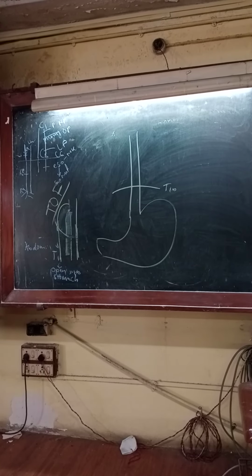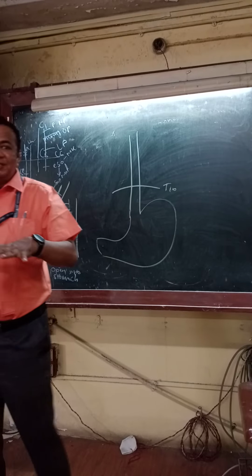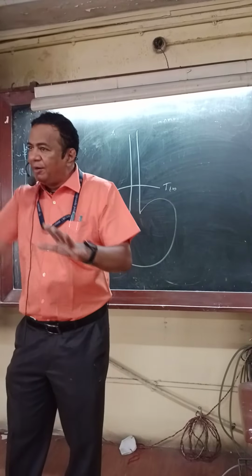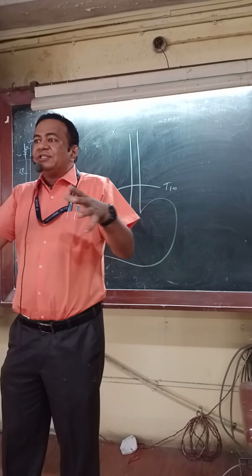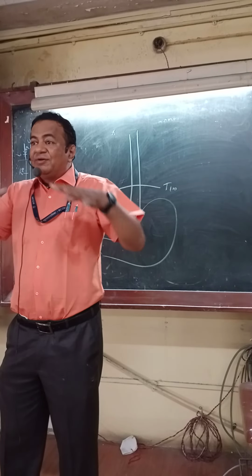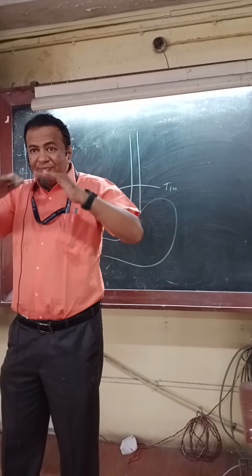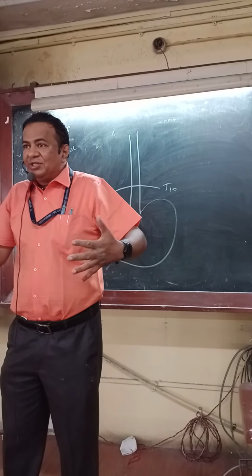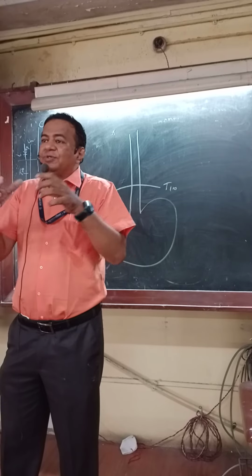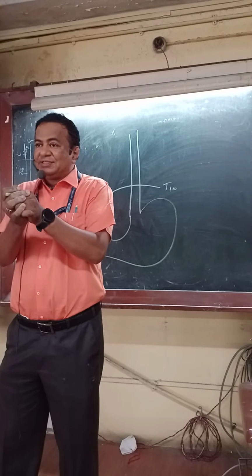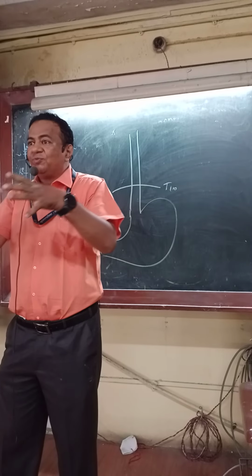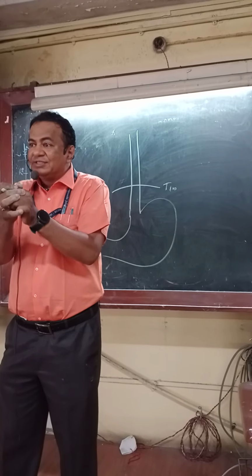Because of the IVC, when the diaphragm descends, there is negative intrathoracic pressure creating the pressure. So we want the blood to go up as much as possible, so the IVC expands. But when the diaphragm descends, the pressure in the stomach increases, so there is a tendency that food will go up. So the esophageal opening constricts. See the beauty, every time the diaphragm is going down, the IVC opening dilates and the esophageal opening constricts.